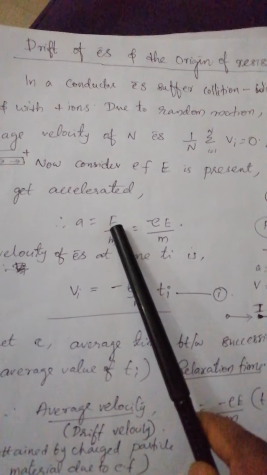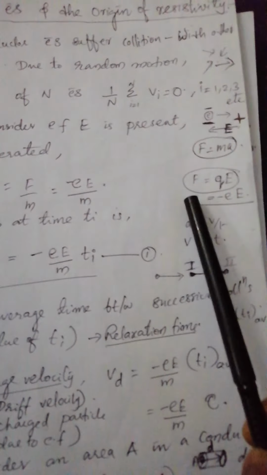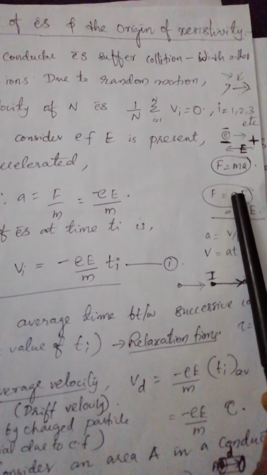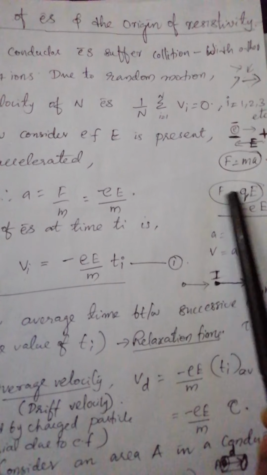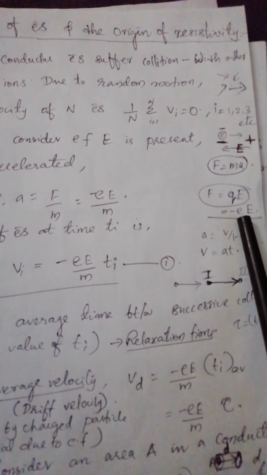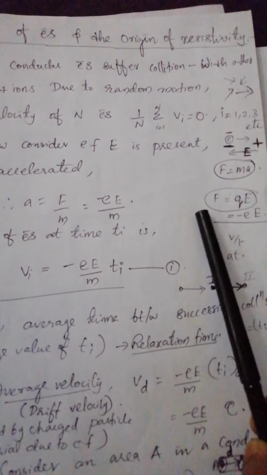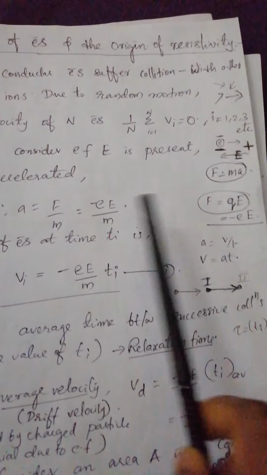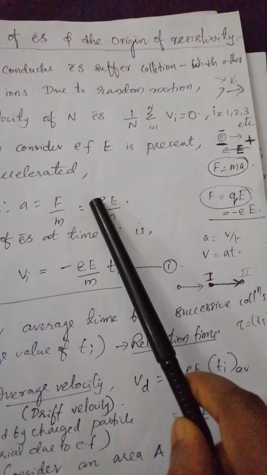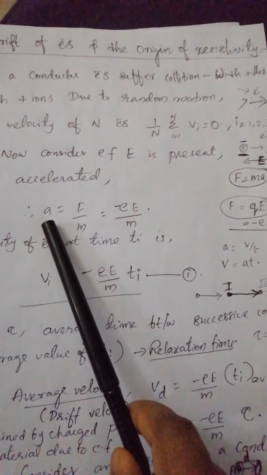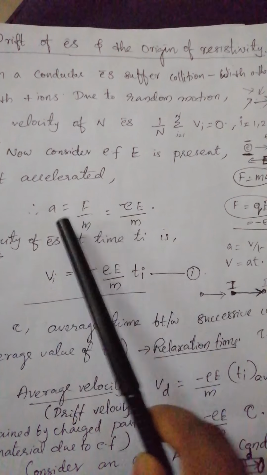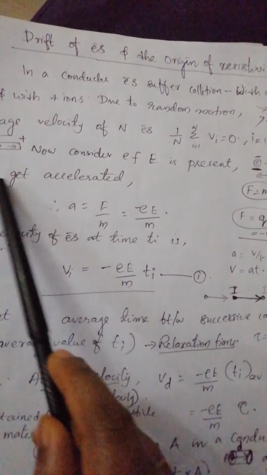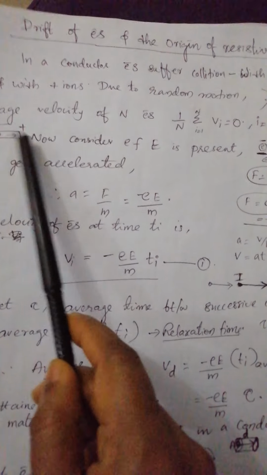Here the force acting on this electron, we can write F is equal to charge into electric field. This we know already. Here the charge for an electron is minus e, into the electric field E. Force is charge into electric field. So instead of F we can write minus e into E. So acceleration now becomes minus eE divided by m. And see, electrons are moving against this electric field.